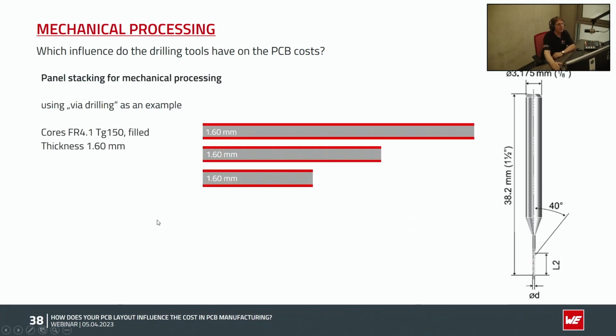So here we have a panel stacking for this mechanical drilling. We are drilling into FR4.1 cores. That means advanced FR4 material with a Tg of typically 150 degrees C and filled to reduce the Z-axis expansion, which makes the material more reliable, especially under thermal changes. So that's a more robust material. Thickness 1.6 millimeter, and